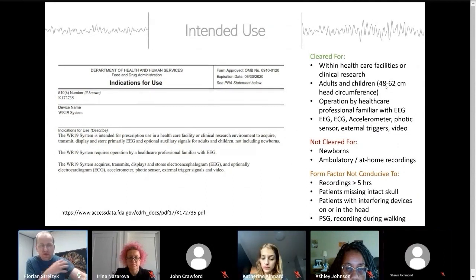We have certain form factors in our headset that make us not conducive to usage in other areas, even though it's not specifically prohibited. So we are cleared for EEG. There's no time limit to that. But as John mentioned, our battery runs out at some point. So after around 5 to 6 hours, you either switch to another headset or you move on to another way